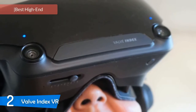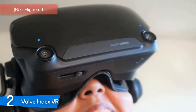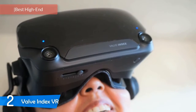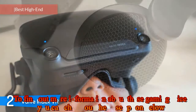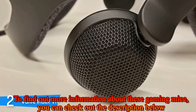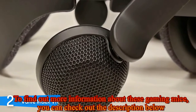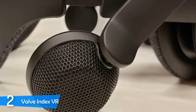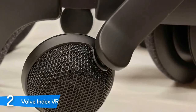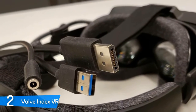When you put it on, you'll get the same feeling as the Halo design of the Rift S that we talked about earlier that's super comfortable. However, you get 2 more dials here to adjust it perfectly for your experience. One on the left for adjusting the physical distance of the lens from your eyes, and one on the back that tightens and loosens it. This translates into a larger field of view. The closer they are, the larger the field is. Very intuitive. The trademark knuckle controllers and the base station come in the package, and you have to set them